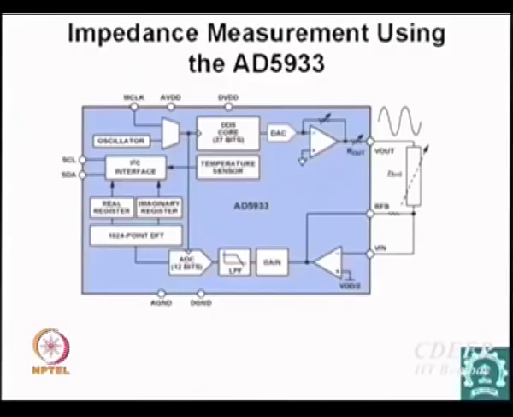Okay, so here is an impedance measurement system which is based on an Analog Devices chip called the AD5933. You can see there are certain digital parts and certain analog parts. This is your oscillator, then there is of course a multiplexer, then an interface, then digital blocks like registers and DFTs, but you can see there is an ADC, a filter, and a gain amplifier. The signals are analog and you are monitoring the impedance of the blood clot.